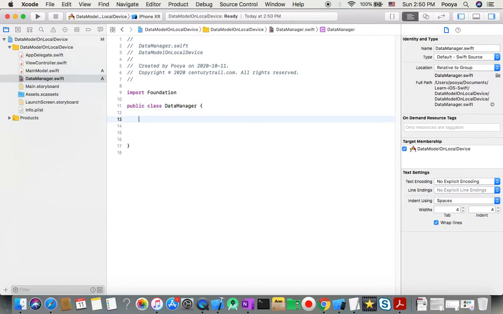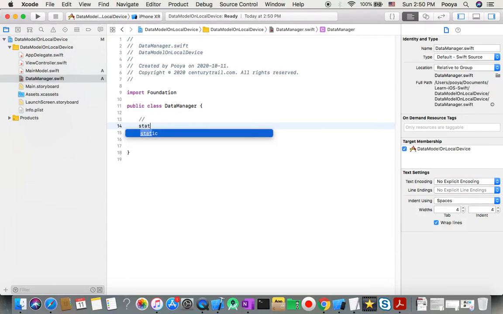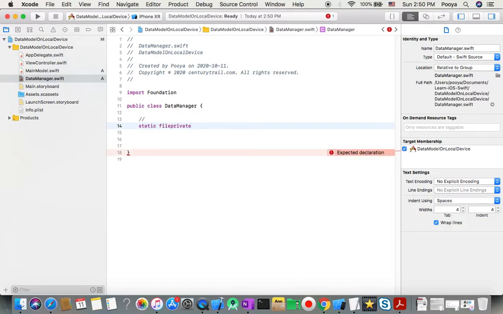And inside this class, I'm gonna make a static file private, so this is static, but I make it file private to be available only inside this file. Okay, and function,